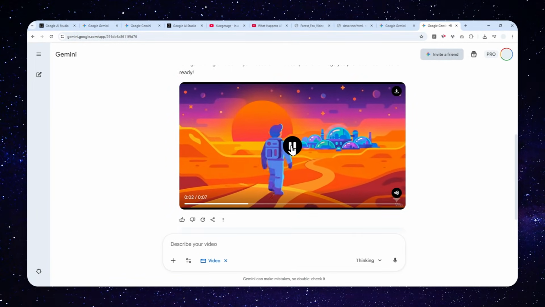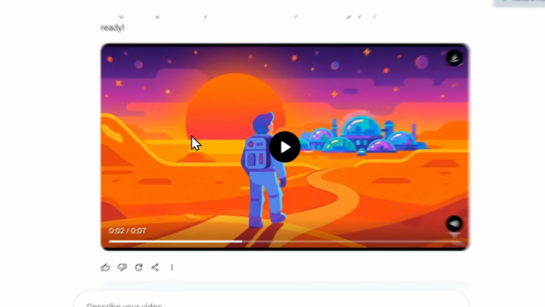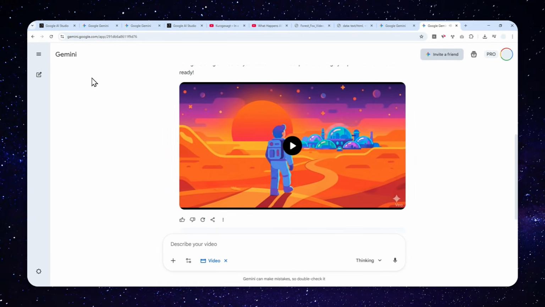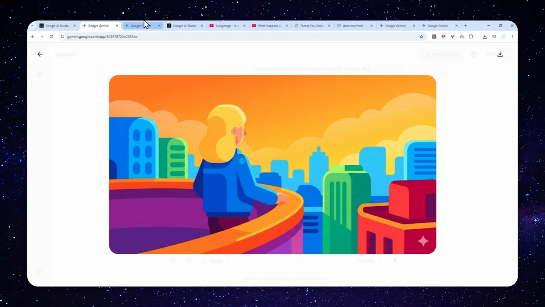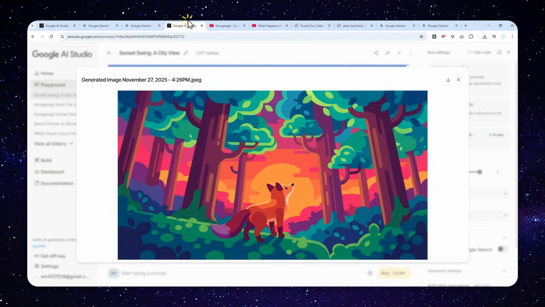So yeah, I guess that's basically it. That's how you can turn a prompt or text description into a beautiful illustration that is akin to the Kurzgesagt